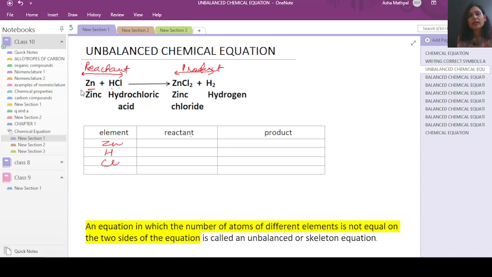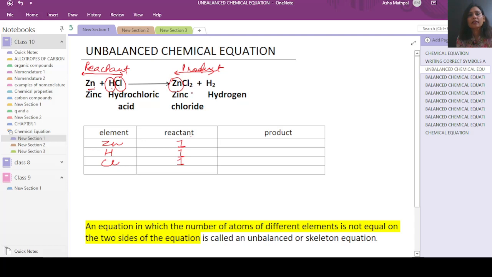Okay, so zinc has nothing written at its foot. It means that there is only one atom of zinc here in the reactant. Now in HCl, if you see the foot of H, nothing is mentioned, there is no number written, so H is also 1. If you see the foot of the Cl, nothing is there, so it is also 1. Now coming to the product side, if you see